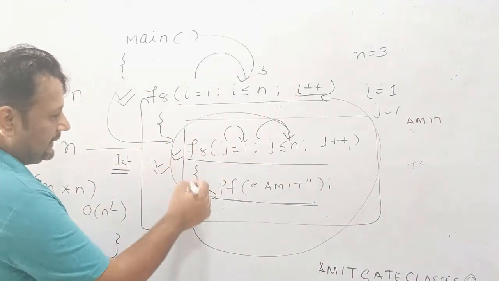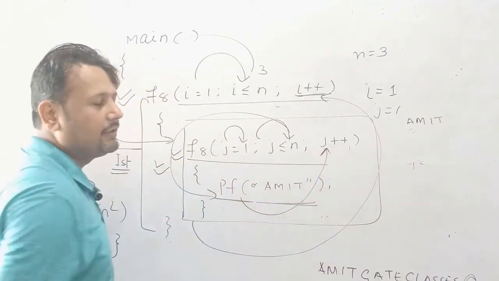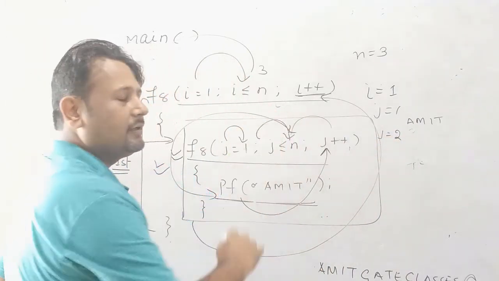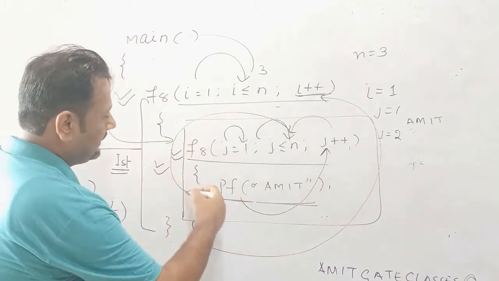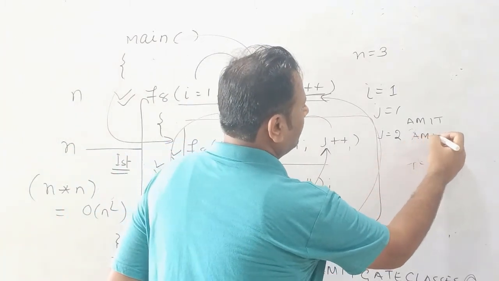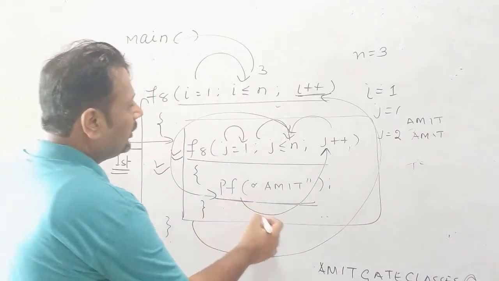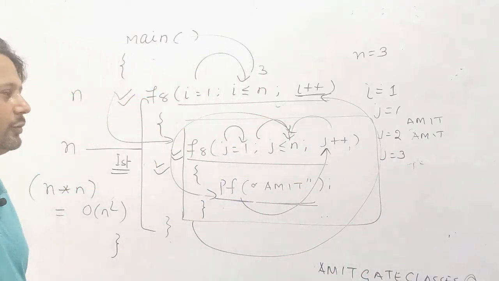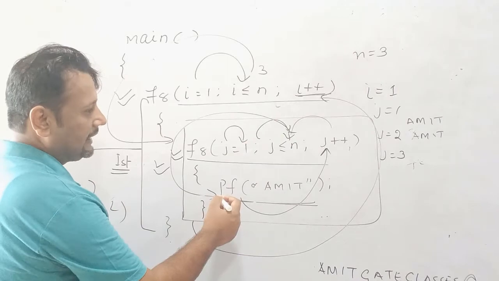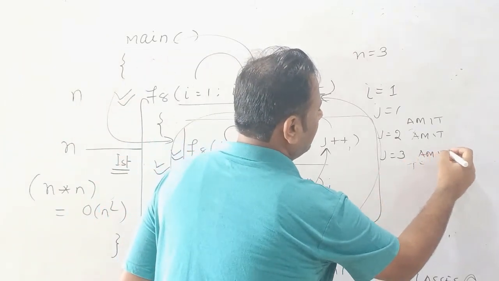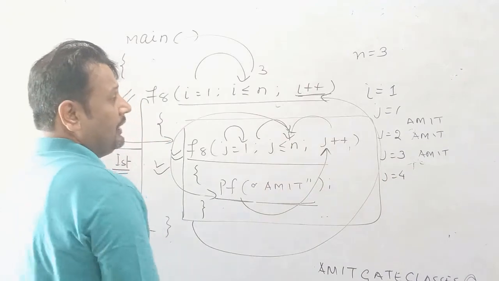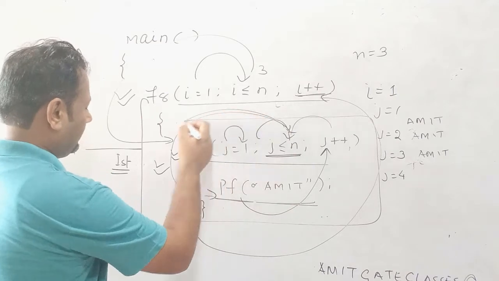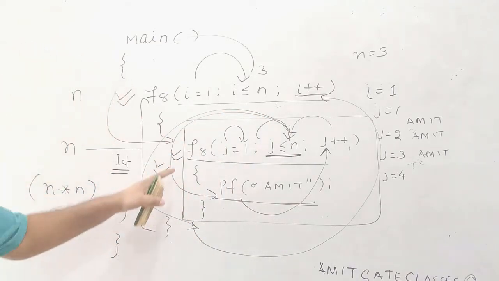After printing Amit, we are still in the second loop. We'll go here and we'll update the value. j will become 2. Check this condition. Condition is true. We'll again come inside and we'll print Amit again. After printing Amit, we'll go back again, j plus plus, j will become 3. This condition is going to be true. Whenever this condition is true, we'll come inside and we'll again print Amit. Now j is going to be 4. Then we'll check the condition. This condition is going to be false. So the moment this condition is false, we'll come outside from this inner loop.